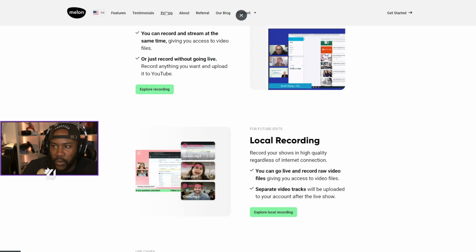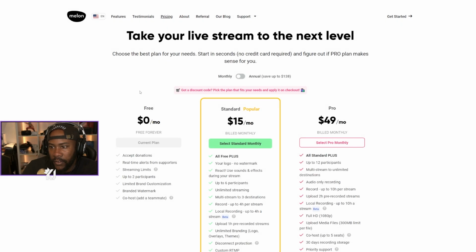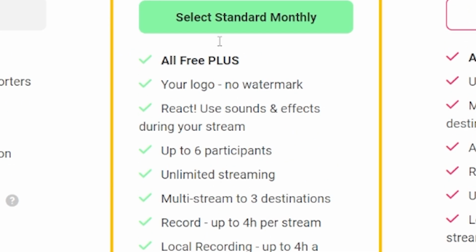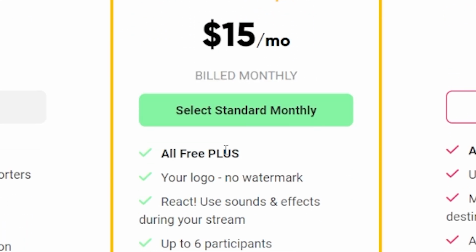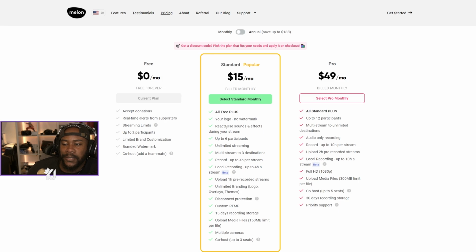If you want to go to pricing, this is what you get for free. You get to accept donations, real-time alerts from your supporters, streaming limits, up to 2 participants, limited brand customization, branded watermark, a co-host add-on. If you want to do the $15 a month, you get all of the free features, plus your logo,